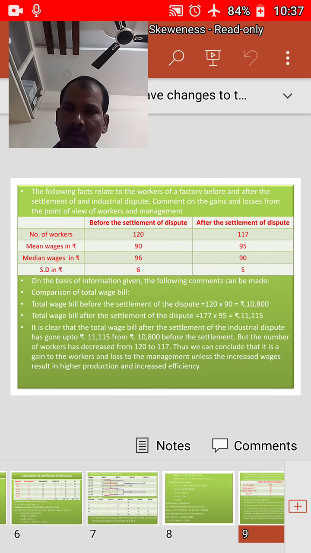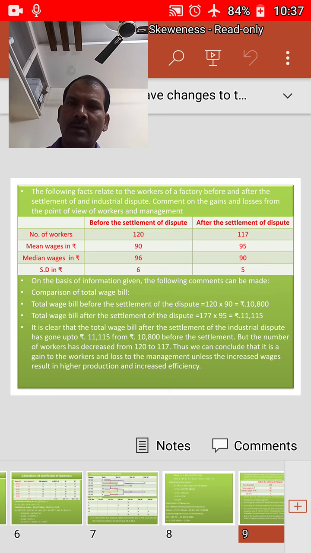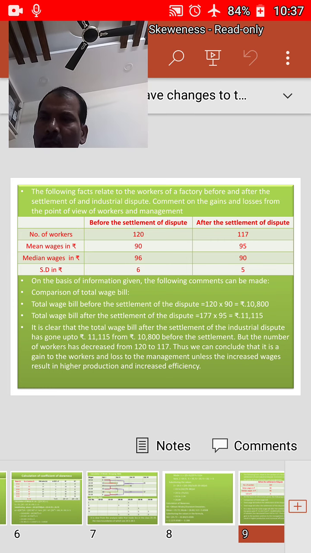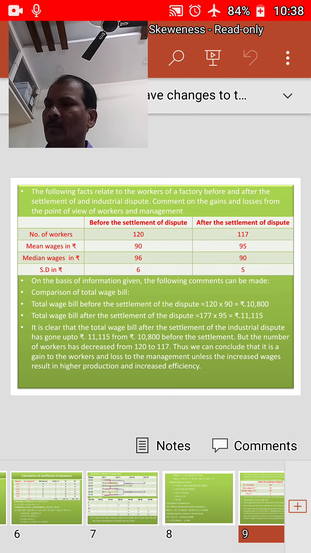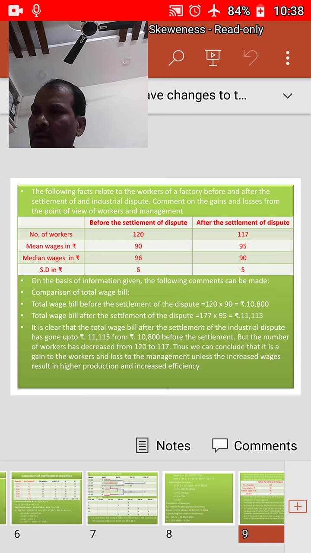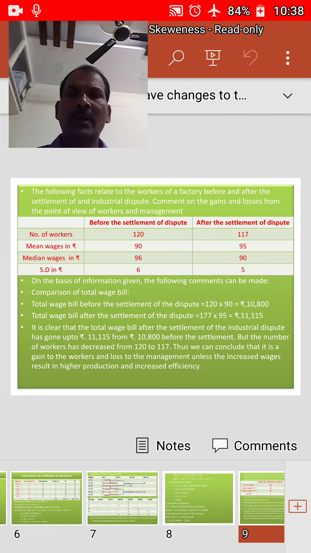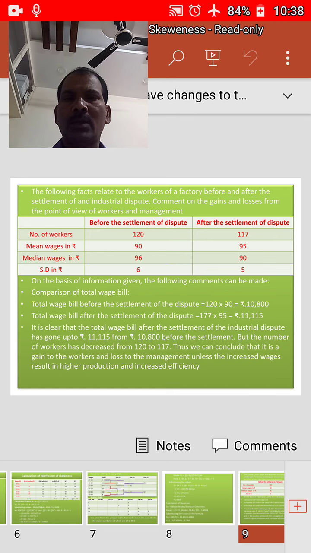Next, calculation of coefficient of skewness. He has given that the number of workers is 120. Information is given, and based on that, without taking more into consideration,